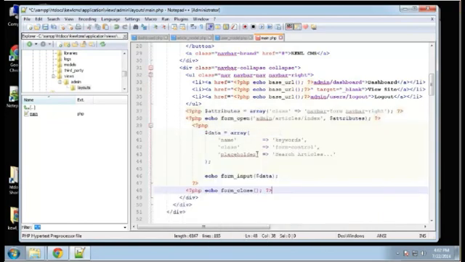Alright, so to create the opening form tag with the form helper, you want to say echo form open, and then the first parameter is going to be where you want this to be submitted. In this case, it's going to be the articles index page. And then the second is an attributes or options parameter where you can add attributes. For instance, right here, we're creating an array named attributes, and we're just setting the class to this class. All right, you can put any attribute you want here. You can put ID,